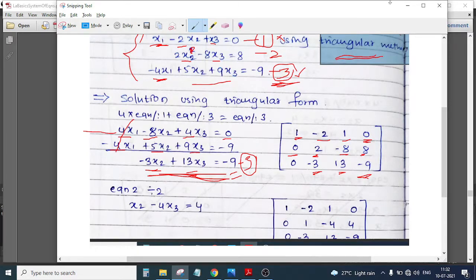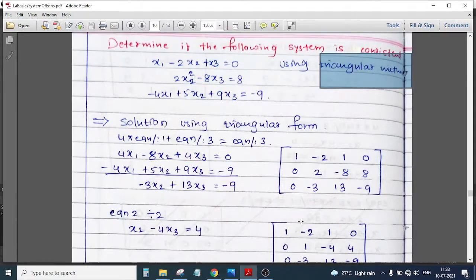So further operations have to be done here now. What is the next operation? The next operation is we will be dividing equation 2 by 2. Here it is very simple, because we can easily remove the common terms. No other equation is giving us that opportunity to remove the common terms. Only equation 2 is giving us that opportunity. So when we divide it by 2, we are removing 2 as common. What remains? 1. Here again it is divided by 2, so it becomes minus 4. Here also it is divided by 2, so it becomes plus 4. The rest of the things will be as they are.